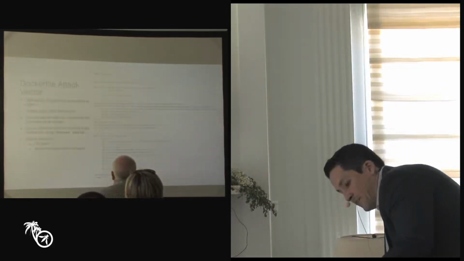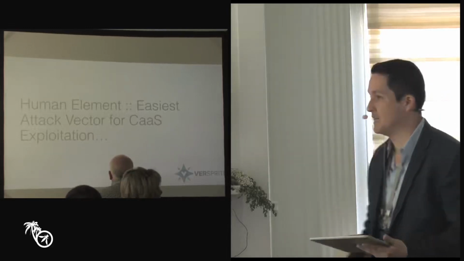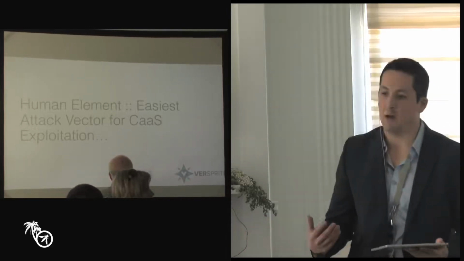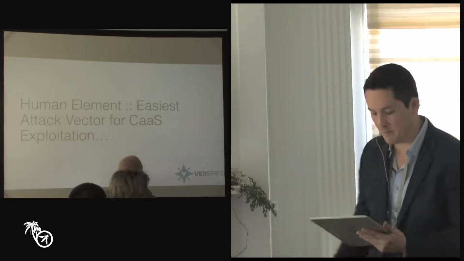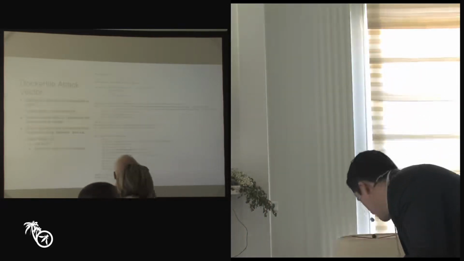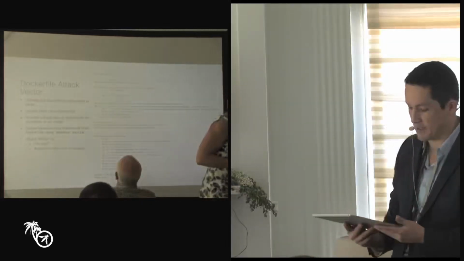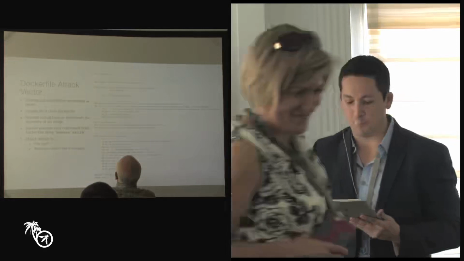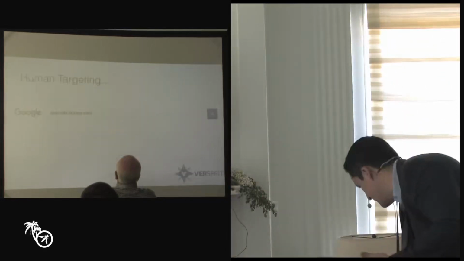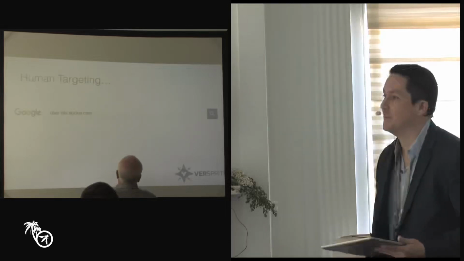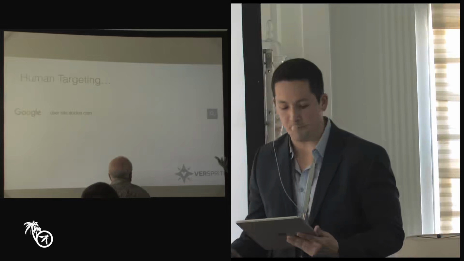This next couple of slides, I'm just going to go through. It really just tells the story of the human element, the easiest way to manipulate containers and get to that DevOps scenario. So, just going through the Dockerfile manifest that I talked about earlier, this really provides a blueprint for security. So where do most people start when they're looking to build their own containers? Again, they go to the repo.